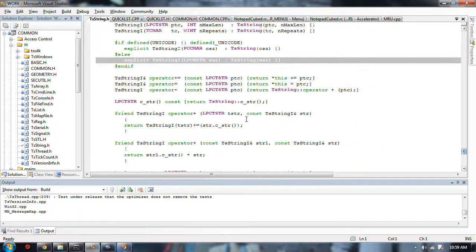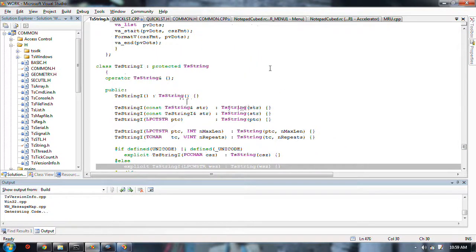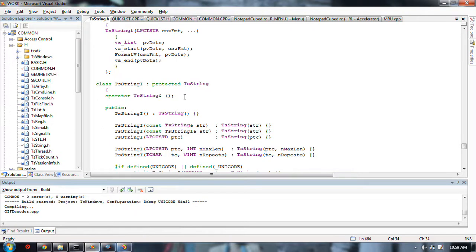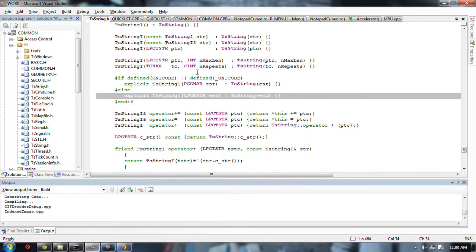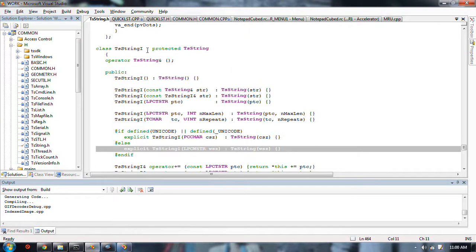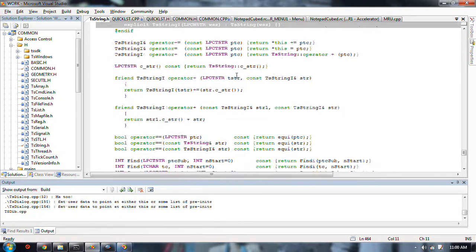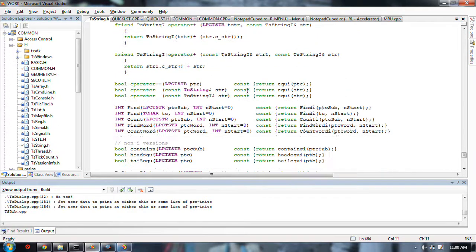stuff is when you want to make something that has a lot of the characteristics of one thing, but has another property that might be useful in some instances. Like this here, ts string I is a ts string basically, where all of its comparisons are case insensitive.